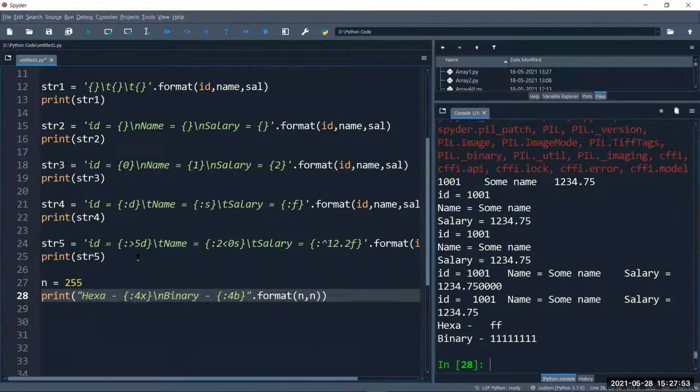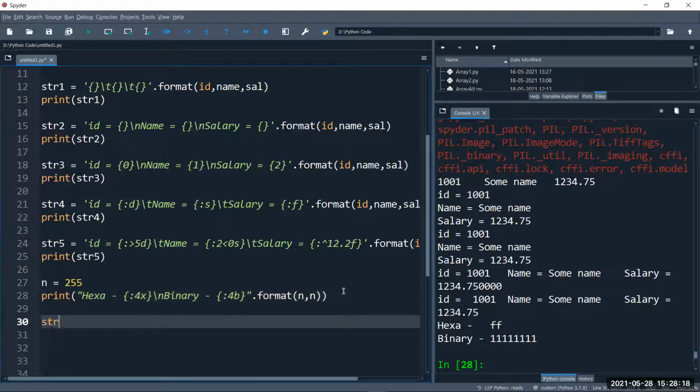Let's check it. You can see the number has been converted to hexadecimal. 255 is equal to ff, and 255 is equal to 8 ones in case of binary. Is it clear? Yes, sir. Okay. Then for characters, suppose once again we have a string str6, let's say, is equal to